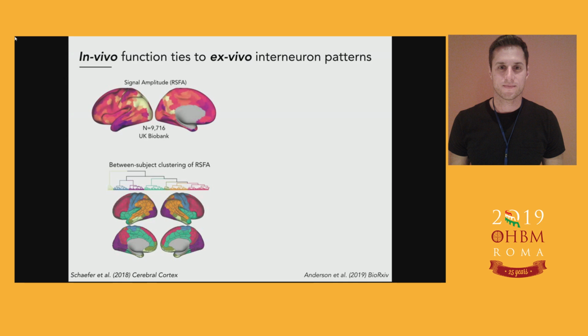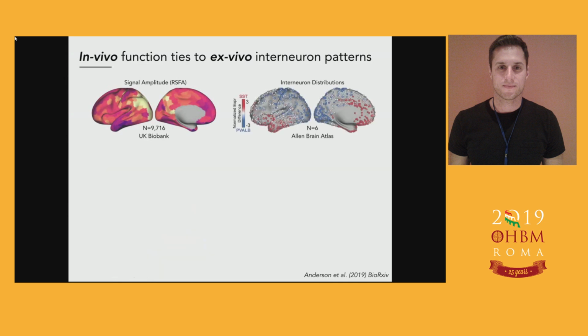So we then quantify the relative abundance of these two interneuron subtypes using that Allen brain gene expression data. Areas in blue show you where parvalbumin is expressed relatively more than somatostatin. Regions in red show you relatively more abundant somatostatin gene expression in contrast to parvalbumin. And the model predicts that in these parvalbumin-dense areas, we should see high signal amplitude in contrast to high somatostatin